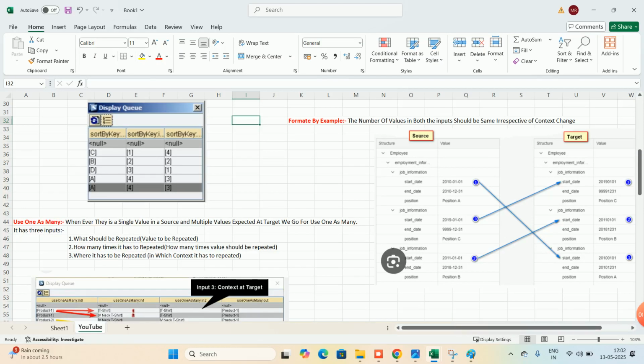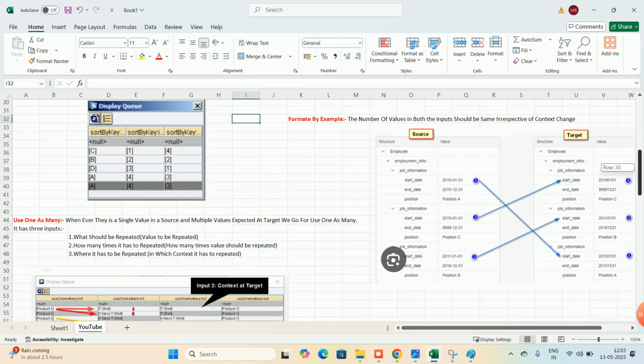It will become top: 2019 0101, end date is 999, and position is C. Then after 2019, 2011 will come, with position B. Next, after 2011, 2010 will come with position A. Like this, the number of values in both the inputs should be the same irrespective of the context changes.